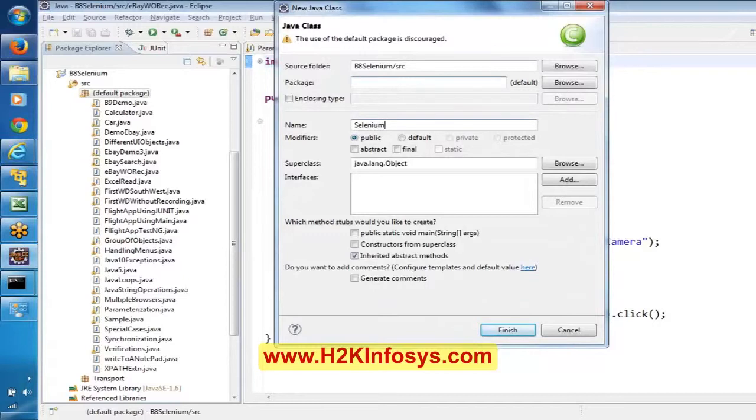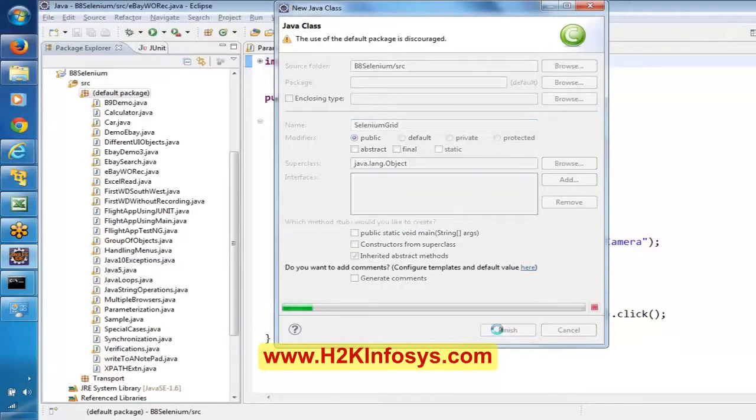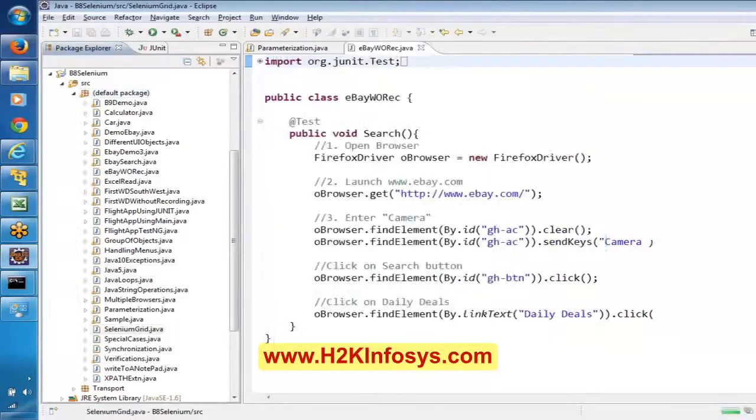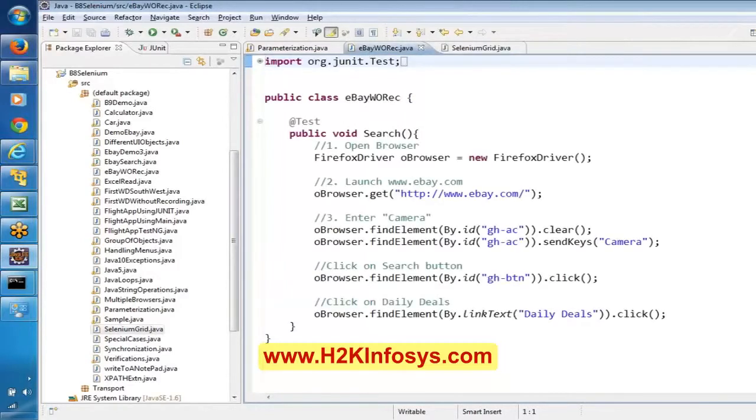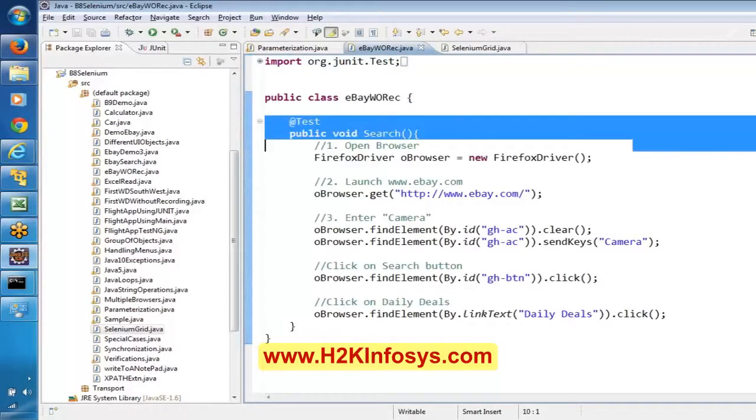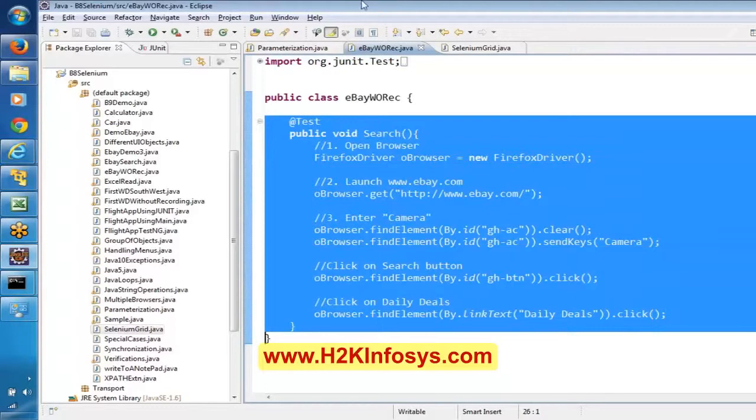I'm calling it Selenium grid. Here, let me copy this logic.